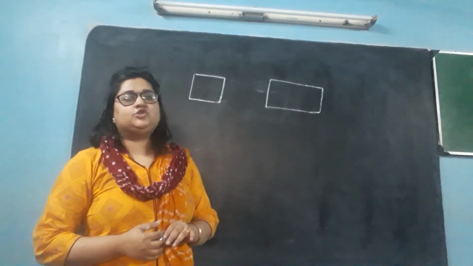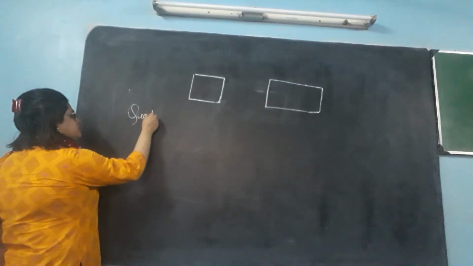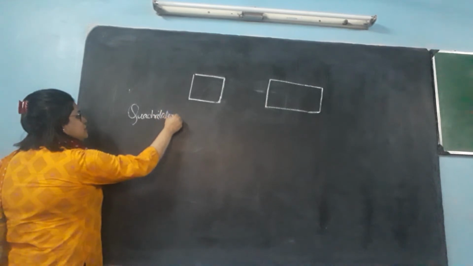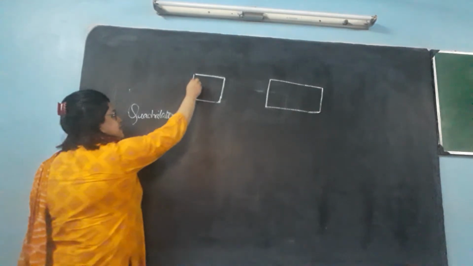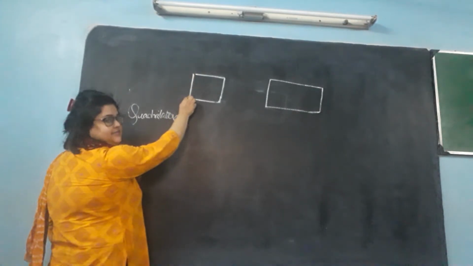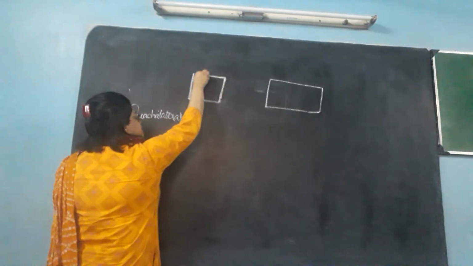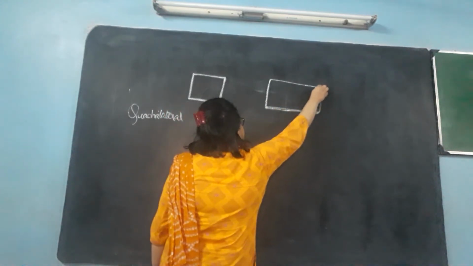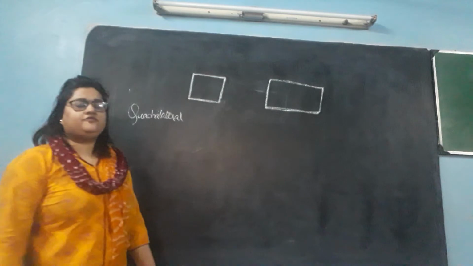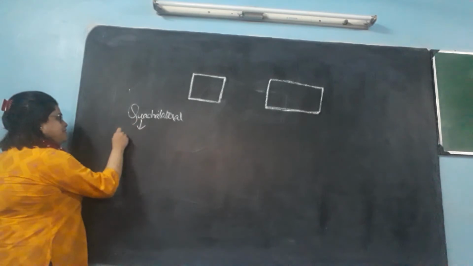Now what is the difference between square and rectangle, these two geometrical shapes? The similarity is both are quadrilaterals. Now what do you mean by quadrilateral? Quadrilateral means formed by four line segments. So if you see the square, the square is also formed with four line segments, say line segment 1, 2, 3, 4. Similarly, the rectangle is also formed of four line segments 1, 2, 3 and 4. So both of them are formed by four line segments and therefore they are known as quadrilaterals.